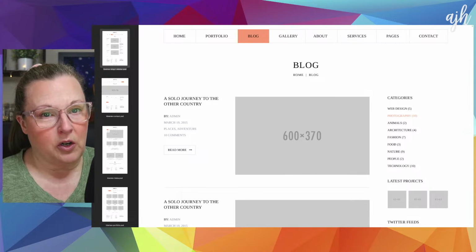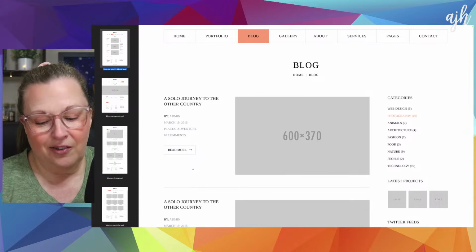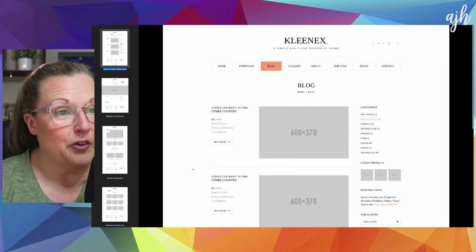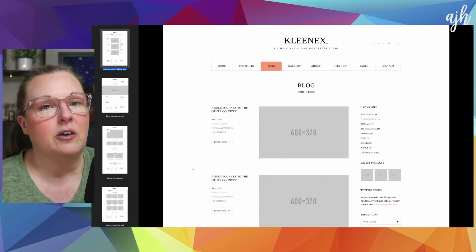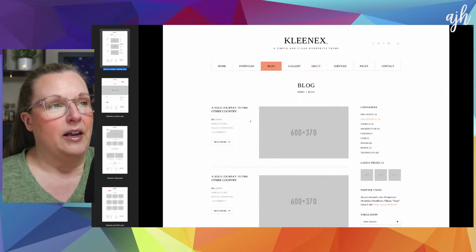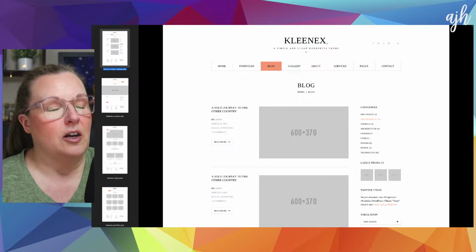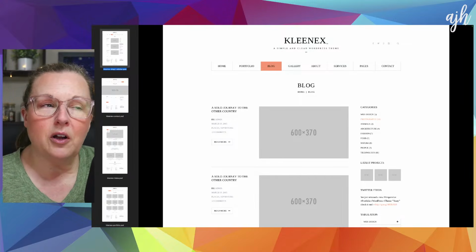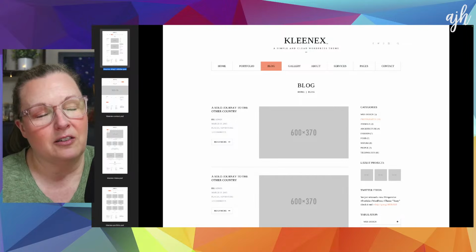Here's what we're going to work on today. If you've been following along, hopefully you have been. If you're new here, welcome. You'll get caught up sooner rather than later, I'm sure. We're building this UI. It's called Kleenex. I don't know why they called it Kleenex. I renamed it Colorado. And we found some pretty pictures of mountains and wildflowers and valleys and things like that,